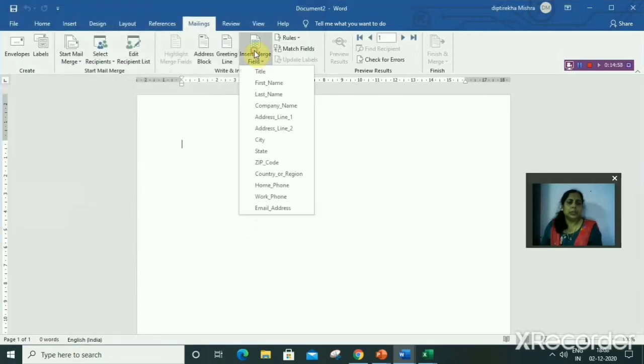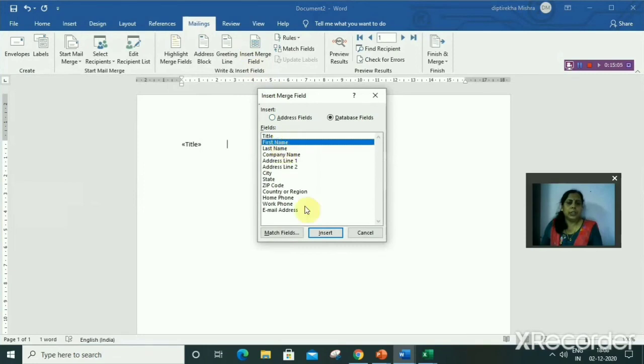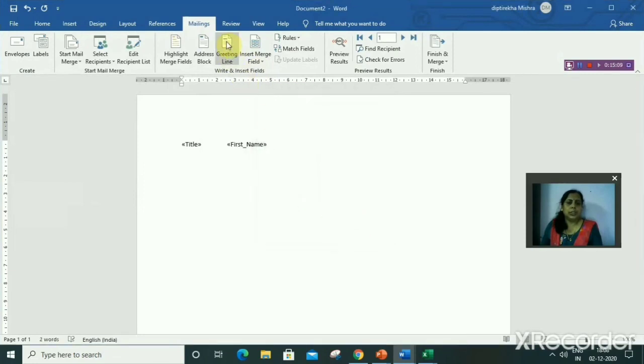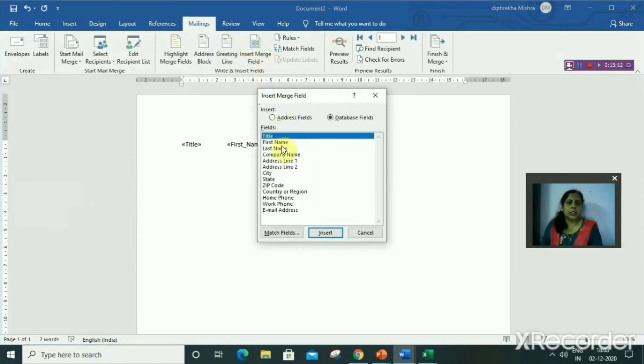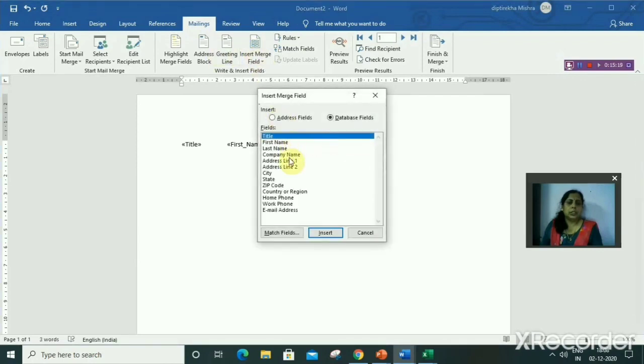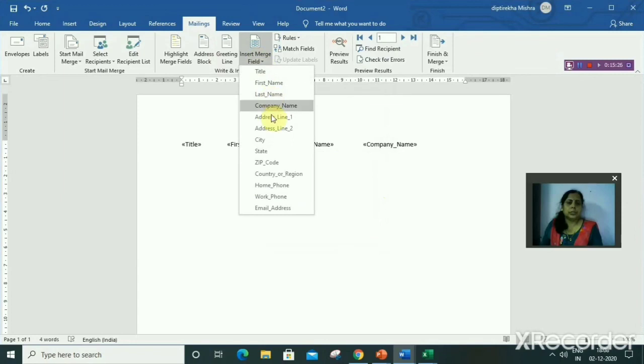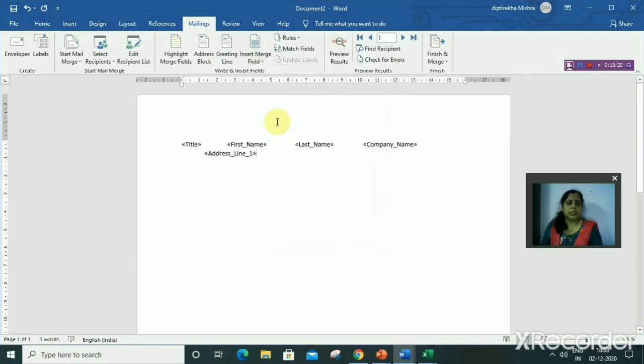Okay, then from insert field, I am entering the fields I want to display, first name, then I want the last name, then company name, then address.